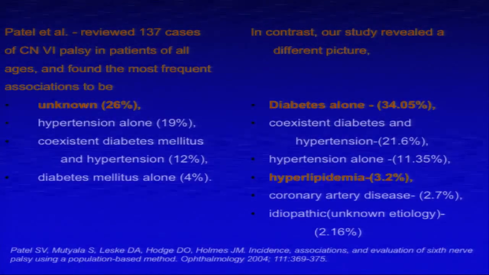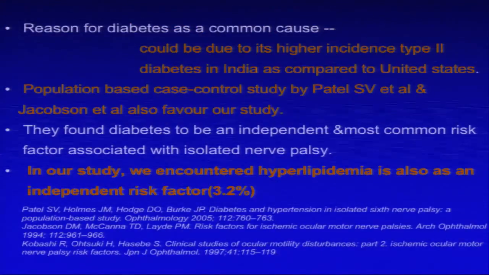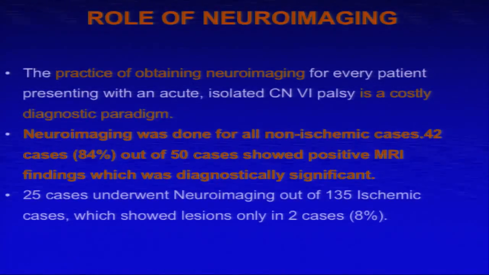In contrast, our study revealed a different picture. Diabetes alone constituted 34.05% and hyperlipidemia 3.2%. The reason for this is the higher prevalence of diabetes in India as compared to other countries. Imaging. The practice of obtaining neuroimaging for every patient is